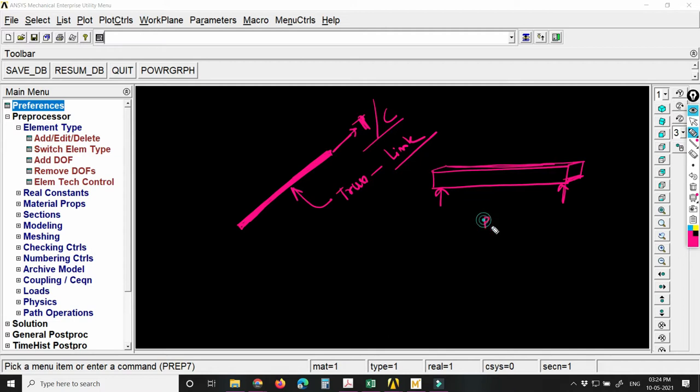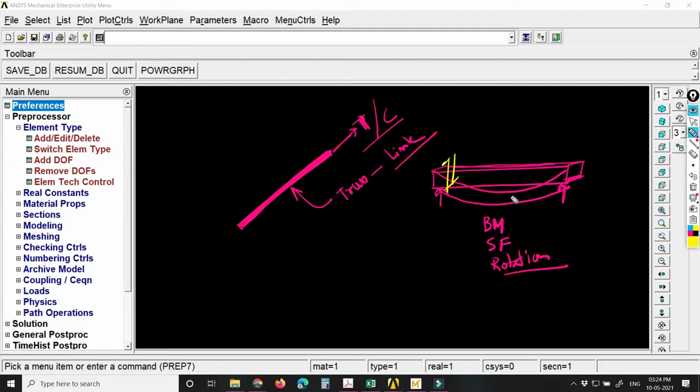Bending moment, shear force, yes, and rotation, you can say. So it will have flexural or bending moment, and it will have shear.